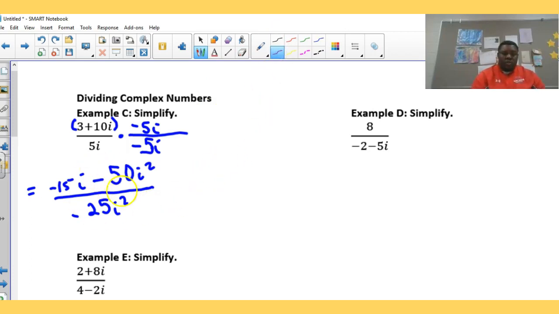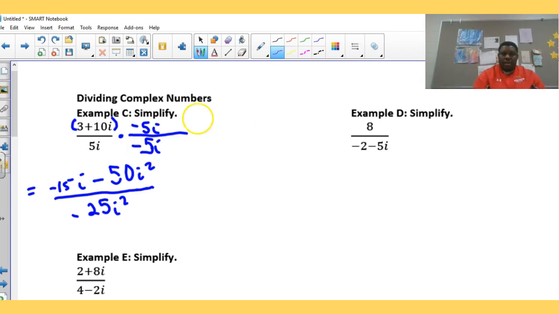Now, we're going to the next step. It says simplify the i squared to negative 1. That's step number 5, if you flip it back over. So we're going to simplify the i squareds to negative 1. All right, these i squareds right here. So we have,